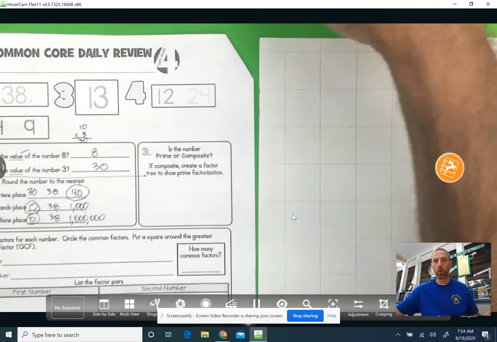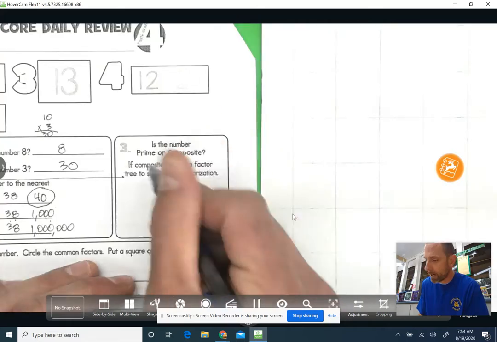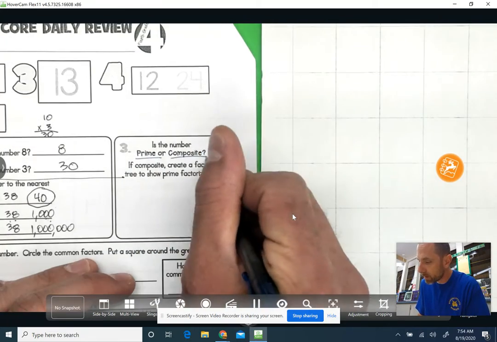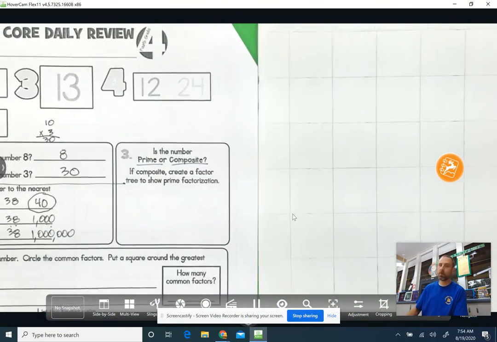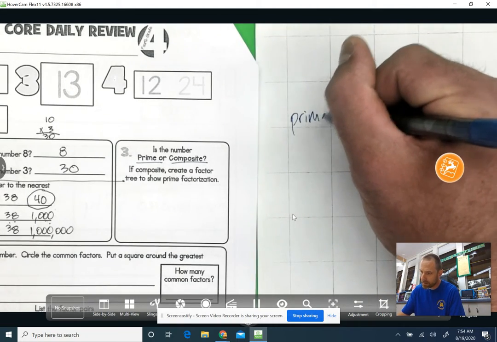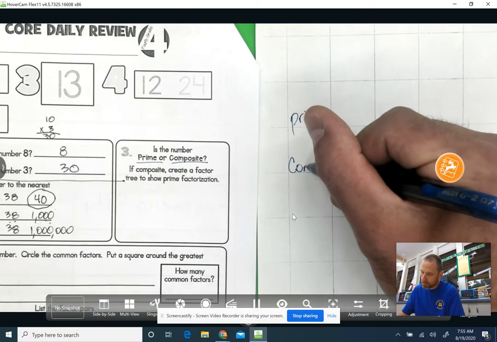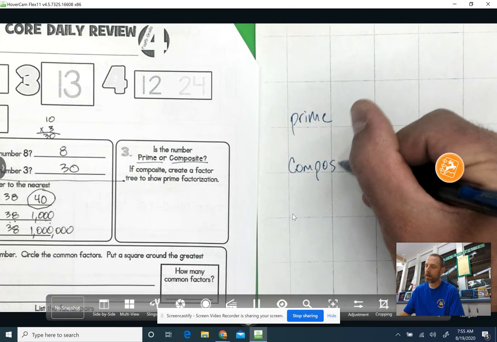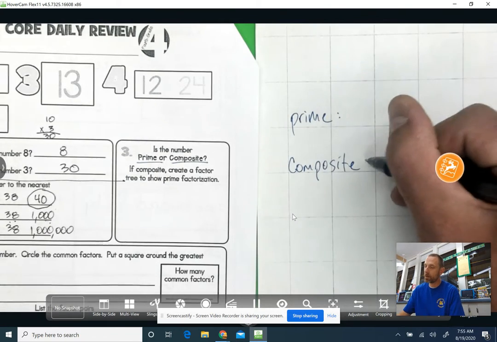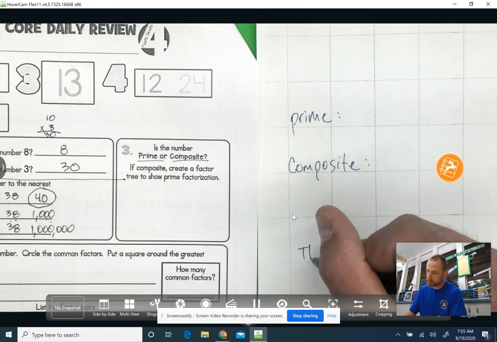So if we look at the question for number 3, it says, is the number prime or composite? Okay, and so prime or composite are two of our vocab words we're going to be talking about here in the next couple of minutes. And if we think about prime or composite numbers, we are thinking about multiplication, okay? We're thinking about the answers to our multiplication problems. The answers